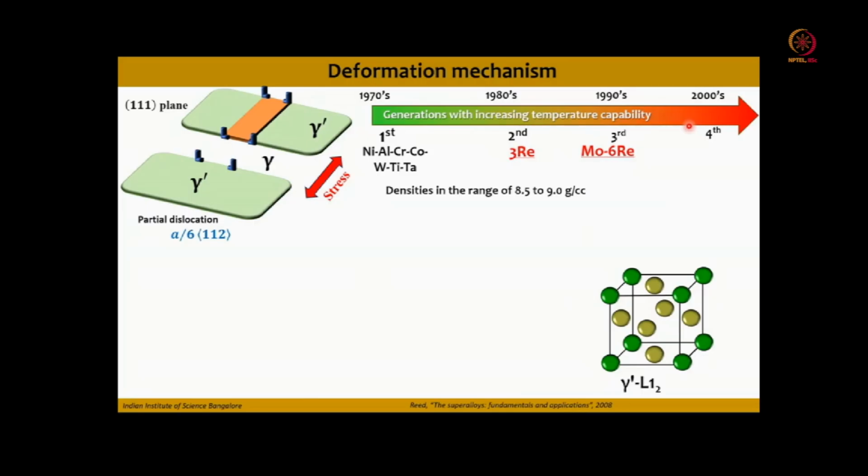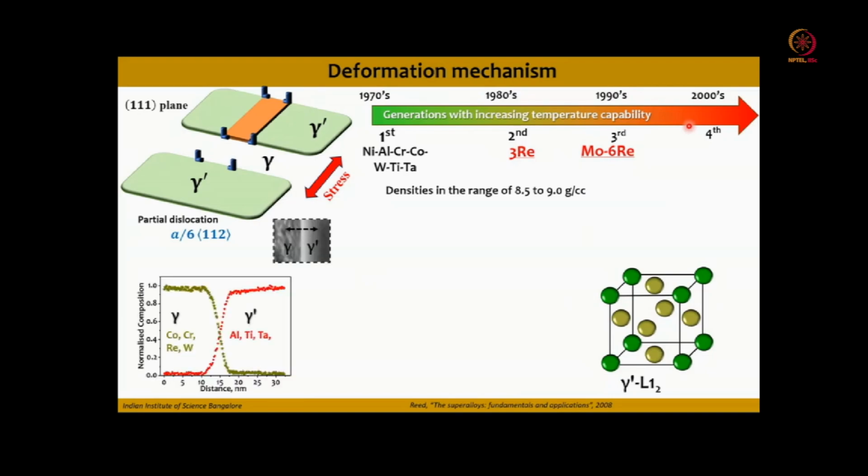And one more important point is rhenium and ruthenium. These are all very costly elements. Okay, so these cost approximately $10,000 per kilogram. Okay, and with respect to tantalum and tungsten, these are almost 10 to 20 times costlier. Fine. So with this background, what I want to say is, if you see a multi-component alloy, you cannot